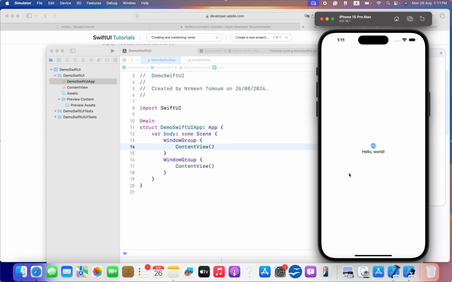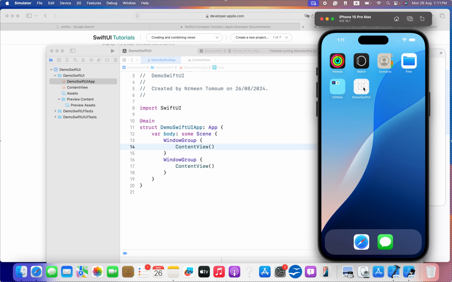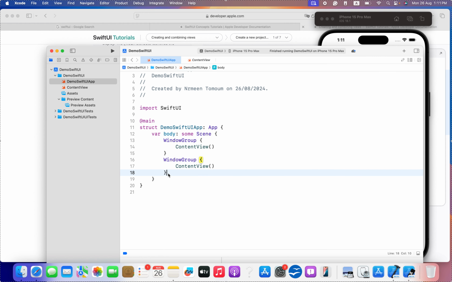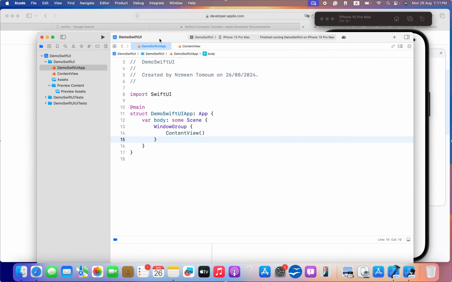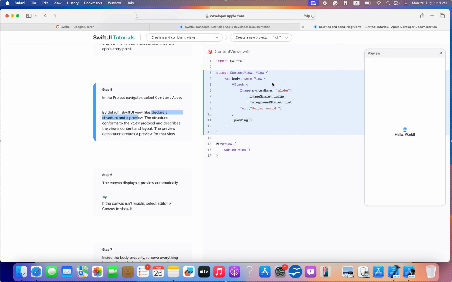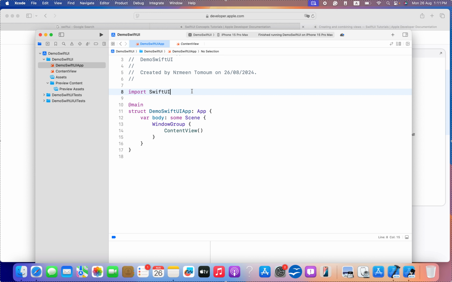I can find only the content view for the application here. Maybe it only works on macOS, but let's focus now on iOS only. Okay, so here what we can see